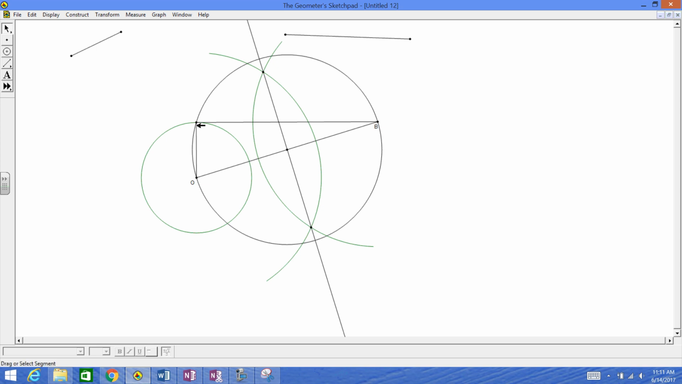Now, why is this line tangent to circle O? Because a radius and a tangent at the point of tangency make a right angle. So we got a lot going on there. That's the construction they'd be looking for, and hopefully if you face this, you'll be ready for it